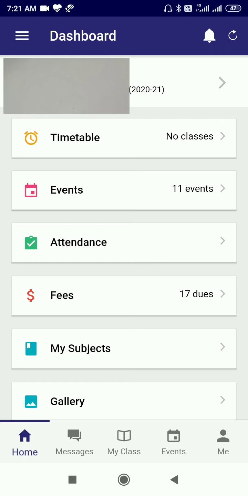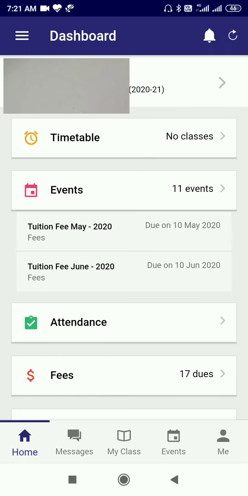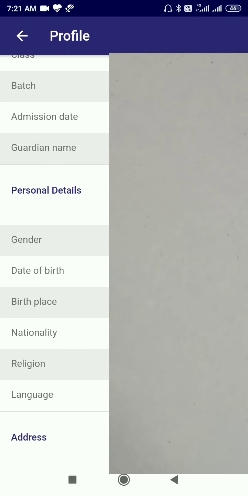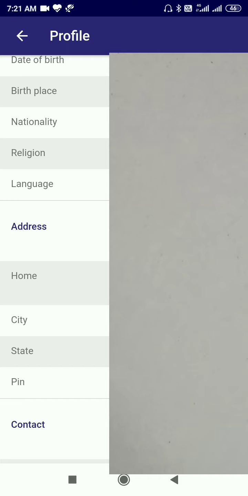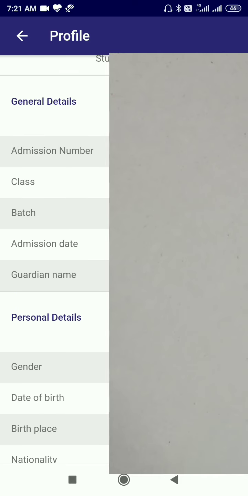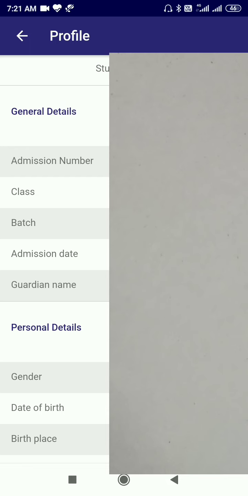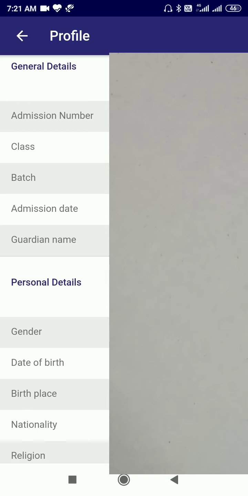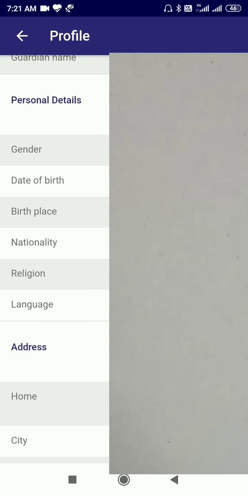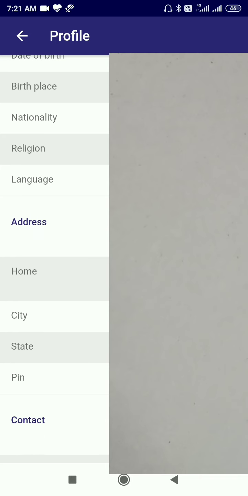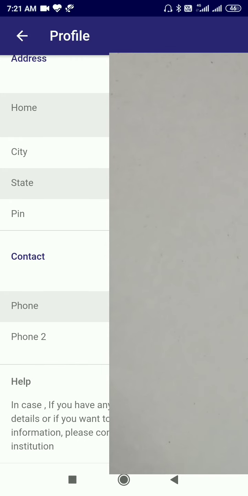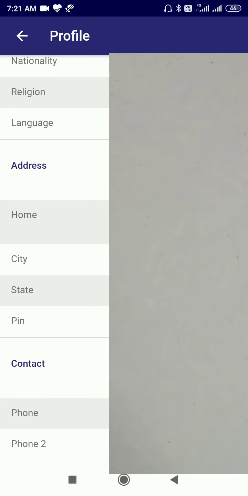Now when you tap on the profile, you will find full details of your profile, like admission number, class, batch, admission date, guardian name, gender, date of birth, birthplace, nationality, religion, language, home, city, state, pin code, phone numbers. Now please check it carefully.